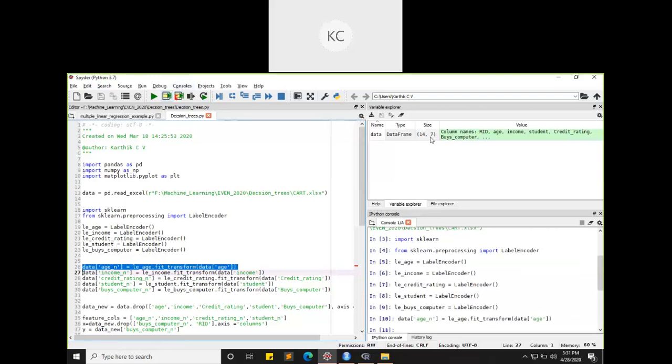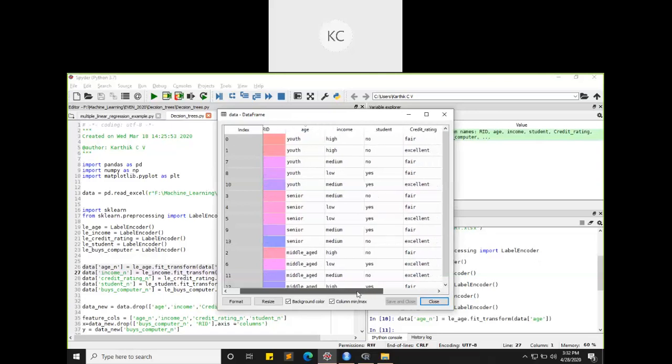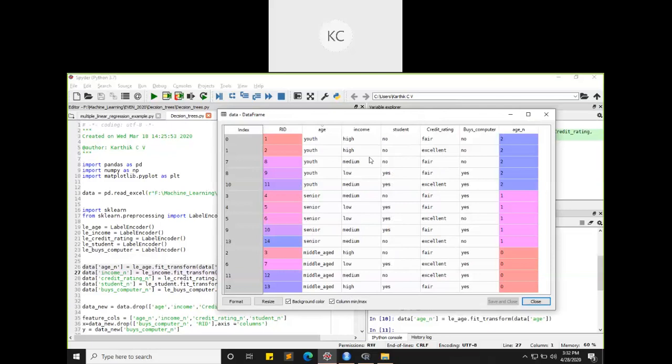Here, one extra column is generated. If I just drag this and see age, youth is labeled as 2. All the youths are labeled as 2, seniors are labeled as 1, and middle aged are labeled as 0.